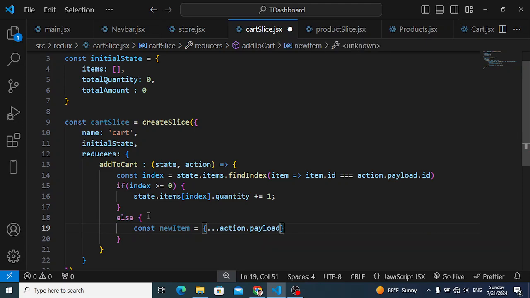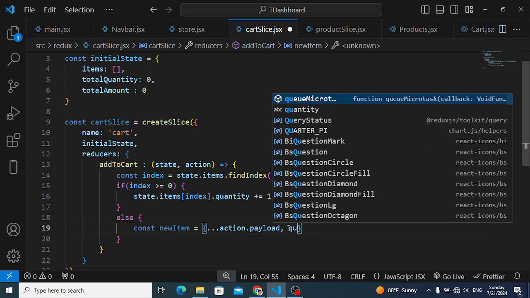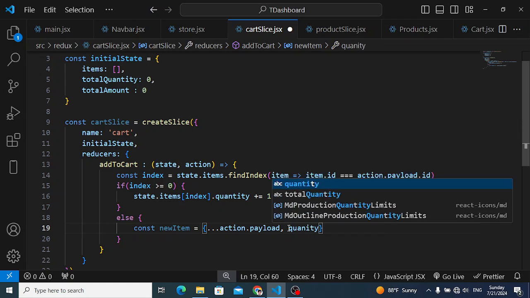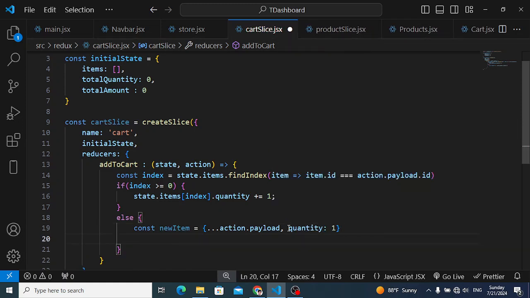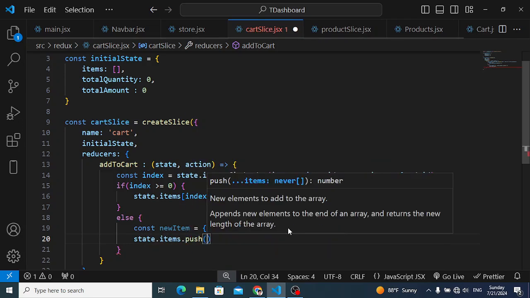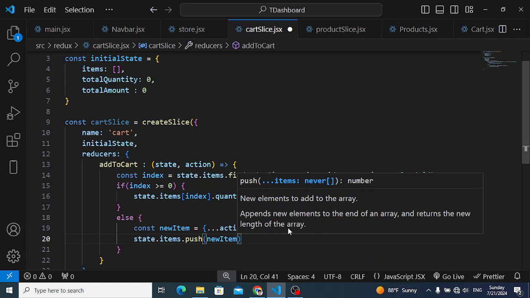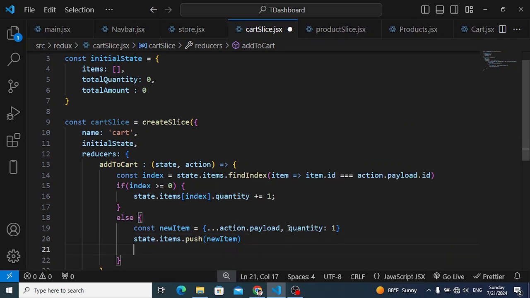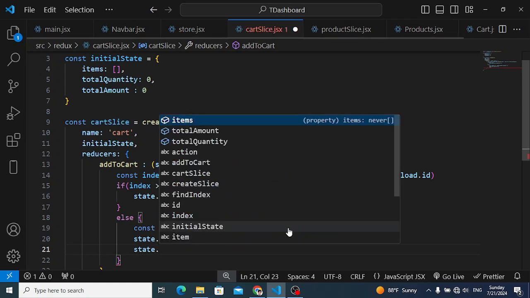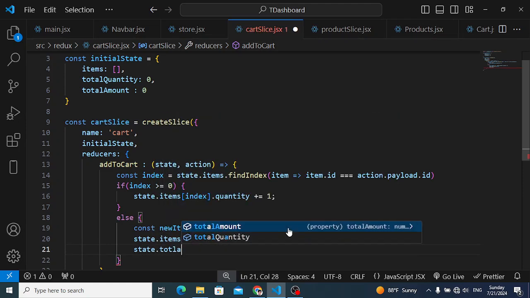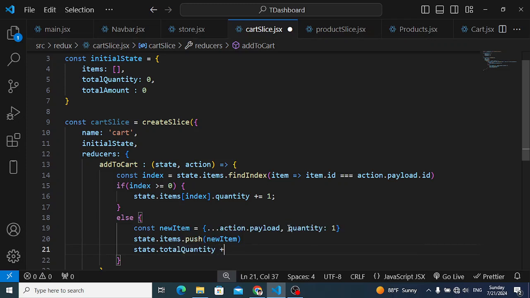It means the object that we have passed, and also we will add the quantity field, which is 1. So after creating the new object, we will just write state.items.push(newItem), and also we will increase the total quantity, state.totalQuantity += 1,